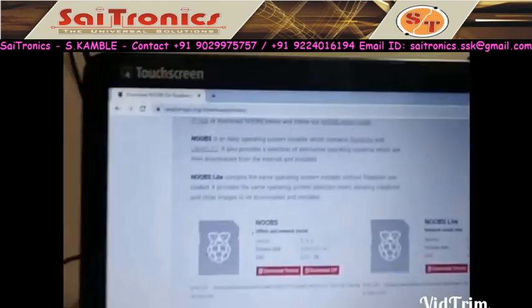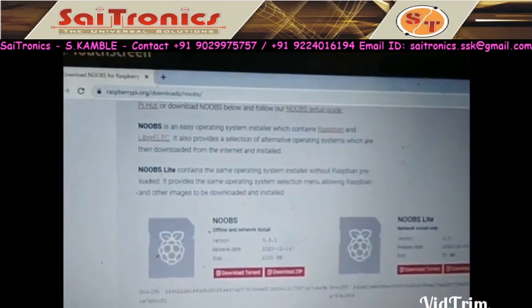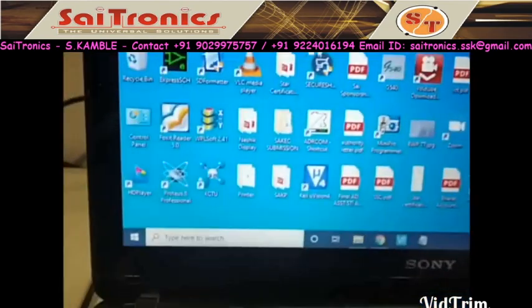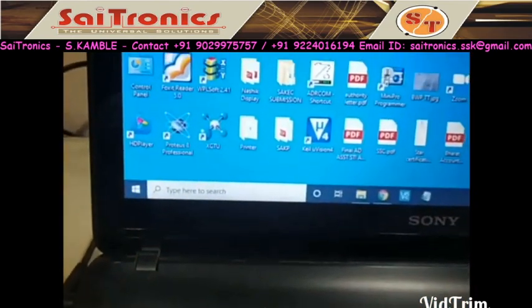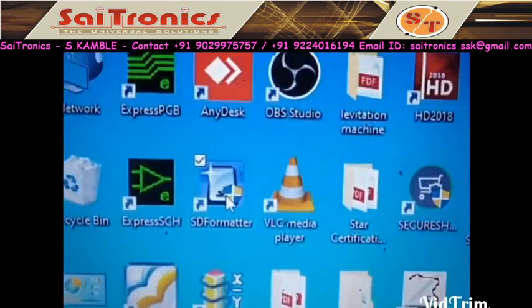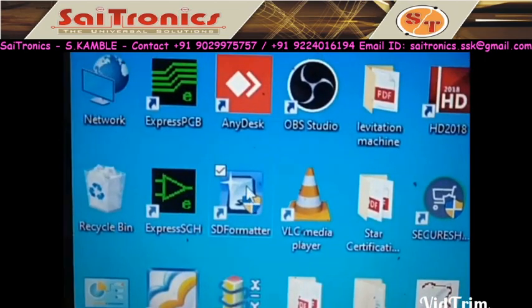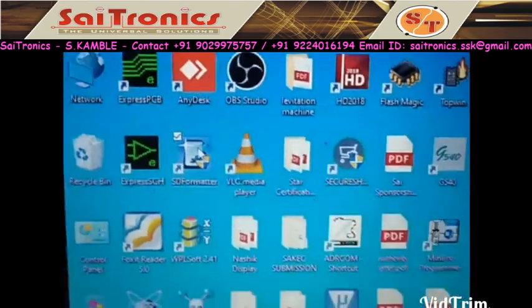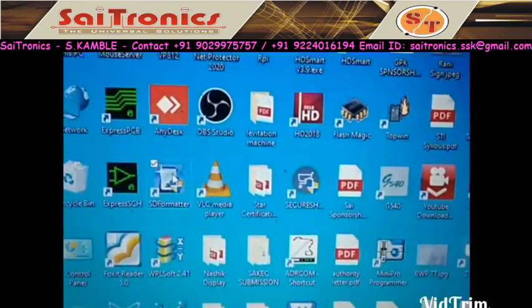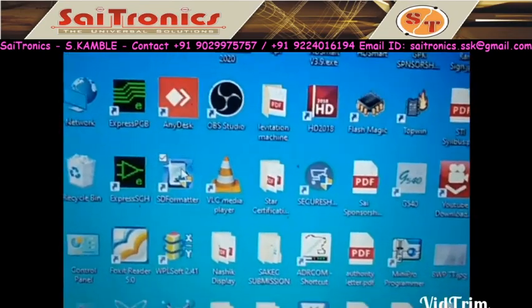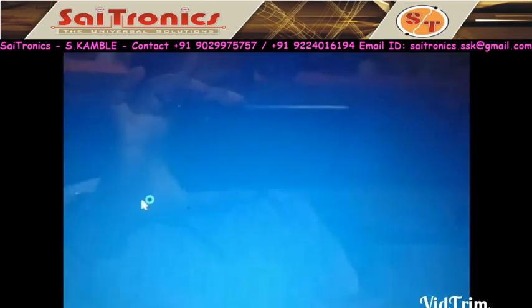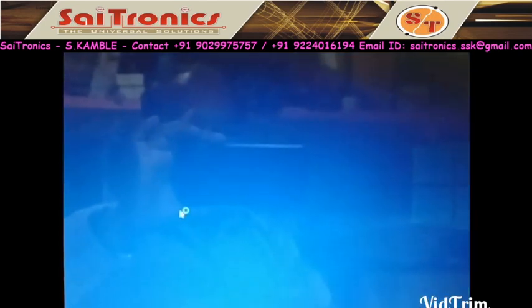Now our first step is to format the card, and for that you are using this SD card formatter software. So it is special software for formatting the memory card. We want FAT format. So this is SD card formatter.